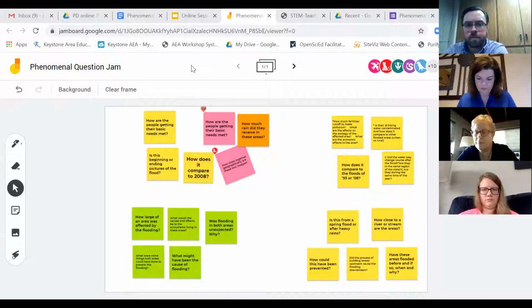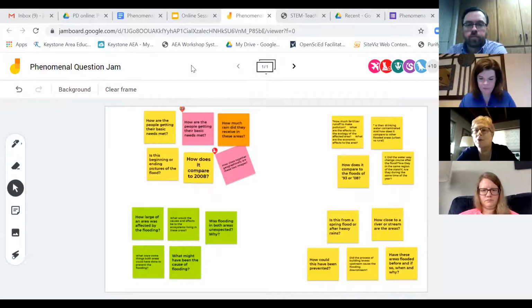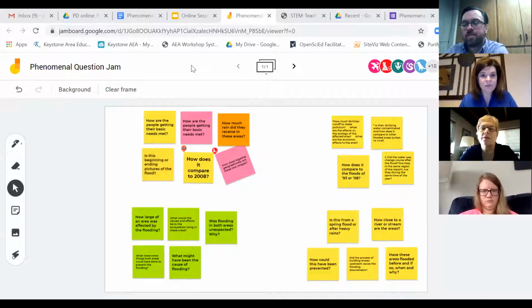With ours, we got about the same, but we found that with our closed ones, we could generate so many more questions from them, and that's why we're having a hard time getting our 5 up there. We were also having some pretty good discussion as we went, so that's why you see a couple of questions in some of my sticky notes too.